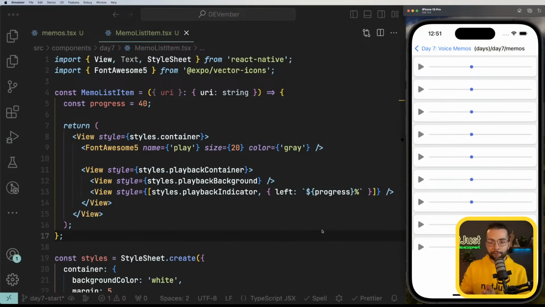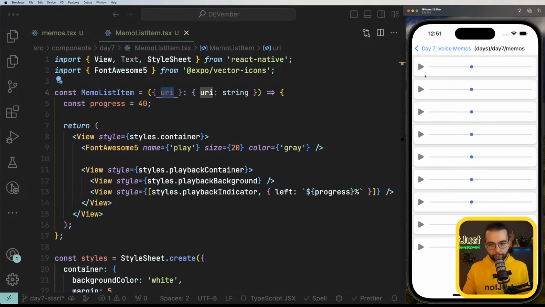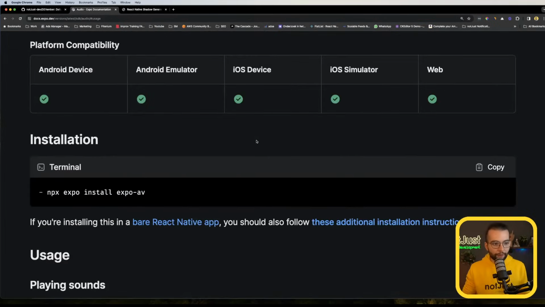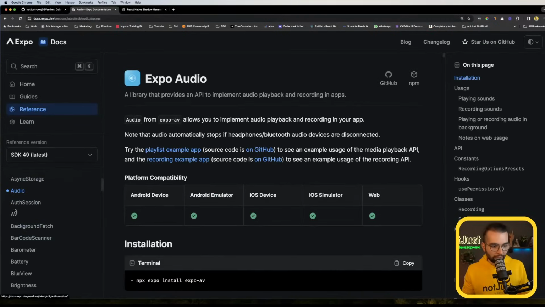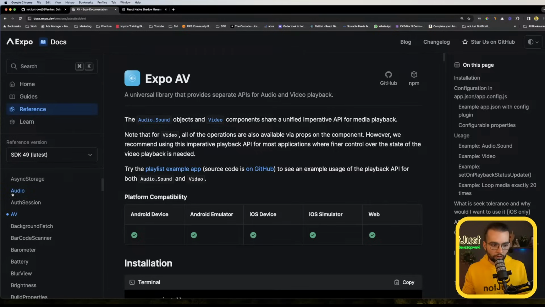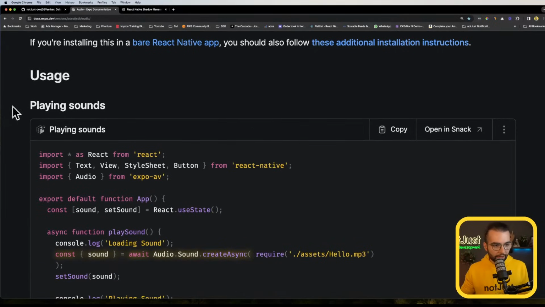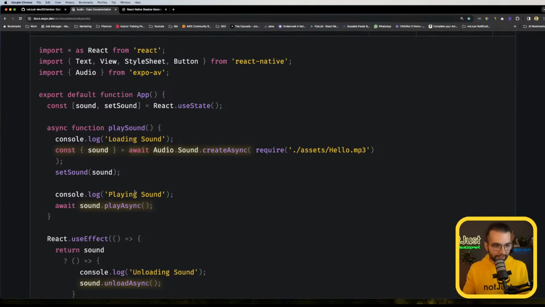Yes, I think that the next step is the logic, because the UI is quite okay now. Let's focus a little bit on the functionality, and let's actually load the audio file from the URI and play it when we press on this button. To do that, I'm going to go back in the documentation of Expo AV, and for this one, I'm not going to look at the audio, but directly at the AV. Or no, actually on audio, the documentation there is good as well. It has an example of playing back the sound. So let's start by